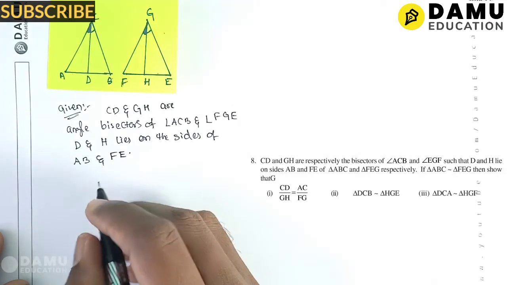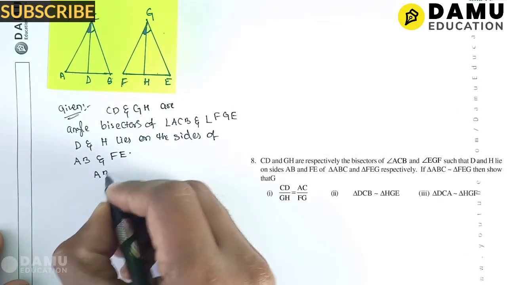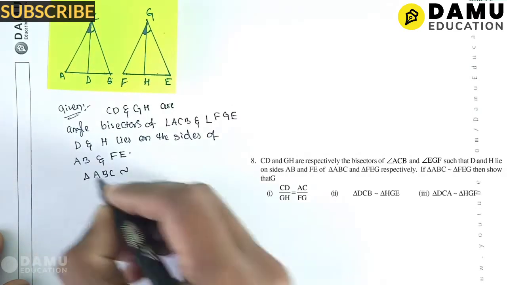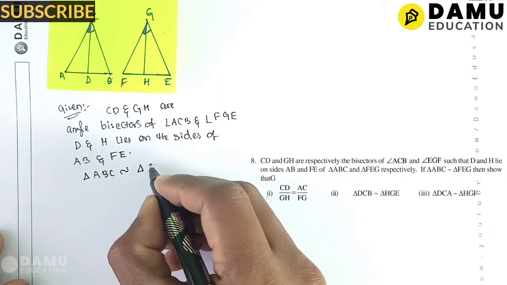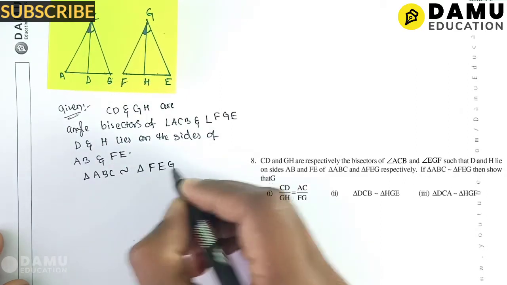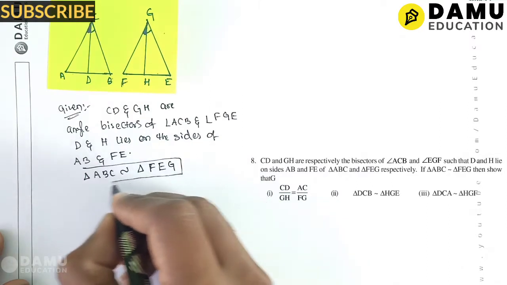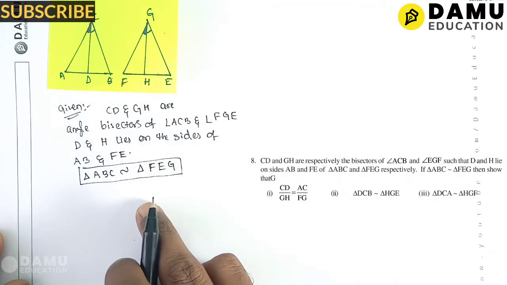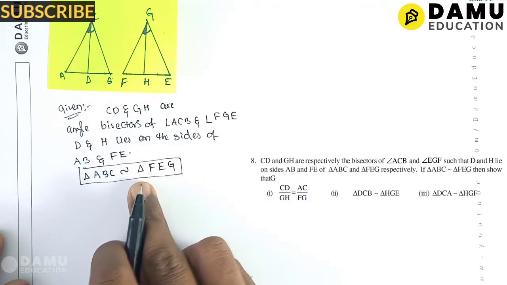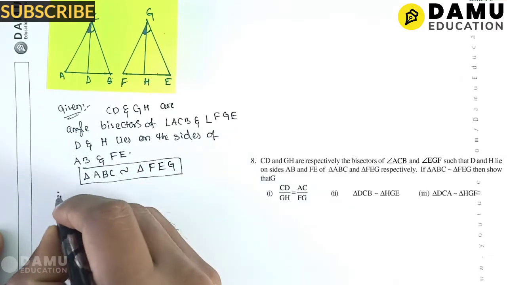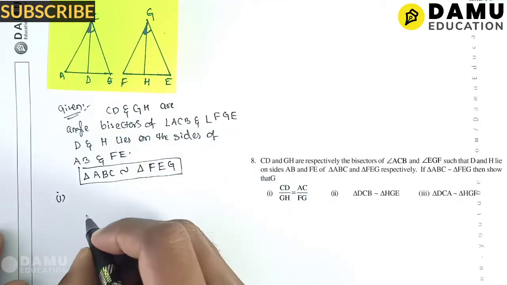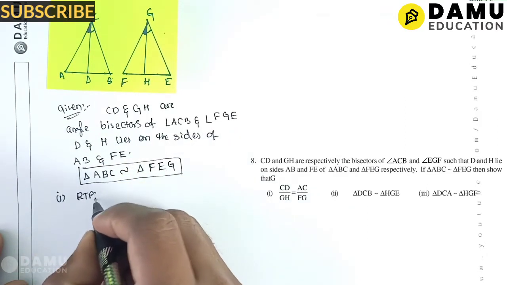And what else is given? Triangle ABC is similar to triangle FEG. So these are the conditions that are given. Based on these conditions, we have to prove, RTP, first one,